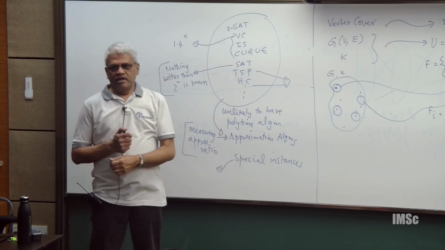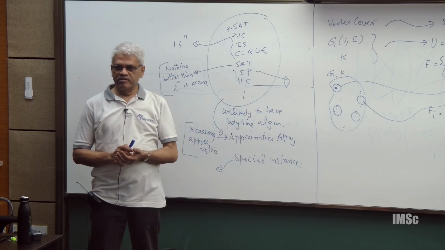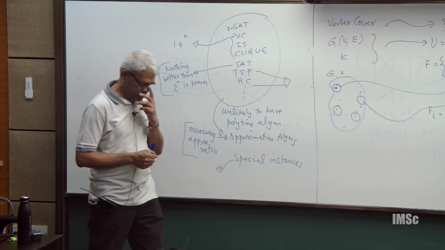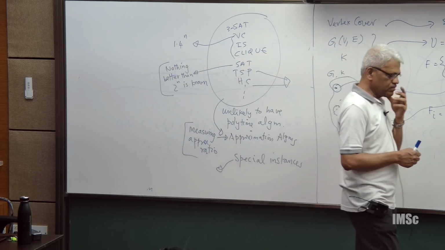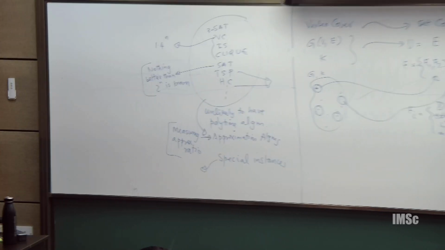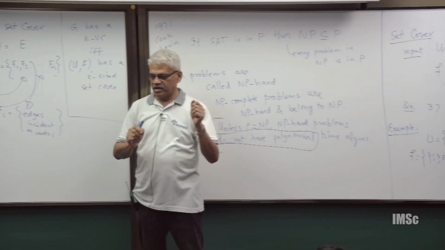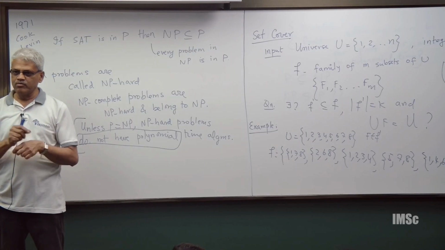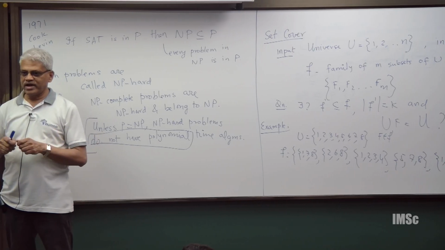But what is a brute force algorithm for Hamiltonian cycle? Find all cycles and check if it's Hamiltonian. Okay, how many cycles are there? First of all, I want a cycle that visits every vertex, right? So I will say, okay, try 1, 2, 3, 4, 5, 6, 7, 8, n, and see whether that's a cycle. Okay, no, it does not, because maybe the 3, 4 edge is not there. Okay, I move on. What am I trying? Trying all